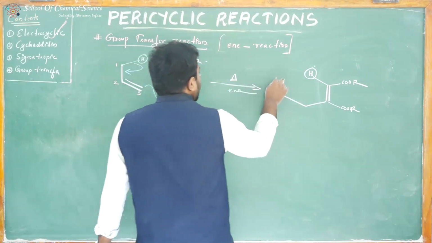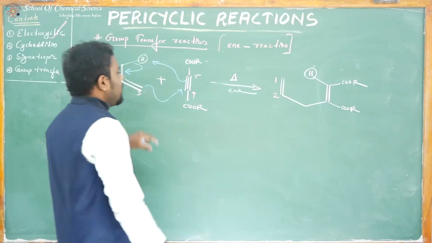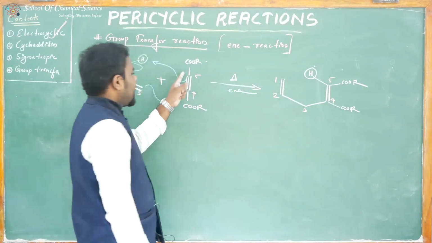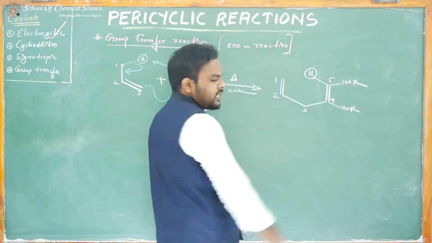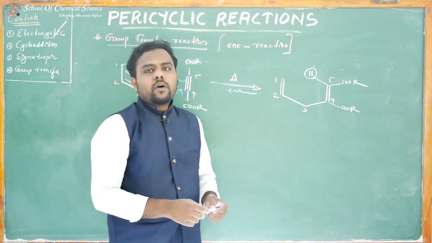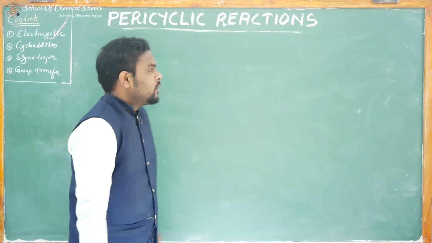So give a number, 1, 2. Between 1 and 2 a pi bond is there. Then 3 is connected to 4 and 5. Between 4 and 5 a pi bond is there. Two COOR groups. The hydrogen at the first carbon is transferred to the fifth carbon. So these are some examples of ene reaction. Okay, then